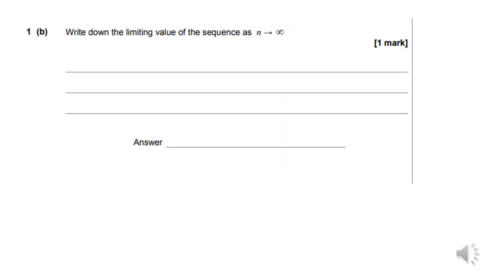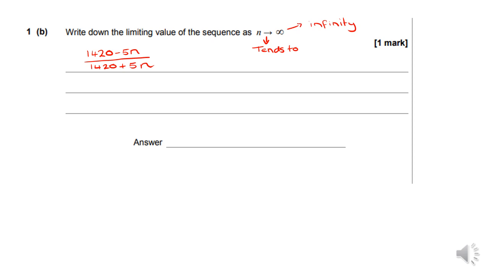Next, it wants me to write down the limiting value of the sequence as n tends to infinity. This is a sign for infinity. So basically, as n gets really, really, really big, what's going to happen to the sequence? Let's think about that. If I've got 1420 and I take away a really big number, and I've got 1420 and I add a really big number, then you're going to end up with